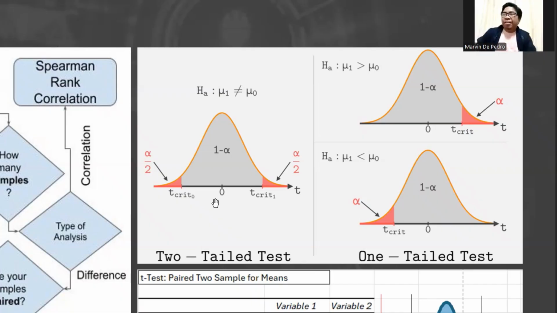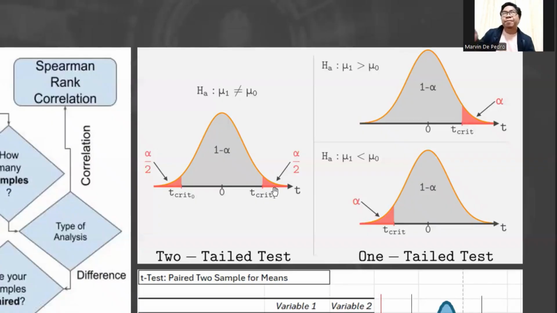If our statistic, the one that we are going to compute, falls within this area, then we accept that null hypothesis. Otherwise, we reject it. If it falls on these critical regions, which we call the tails, then we do not accept the null hypothesis.